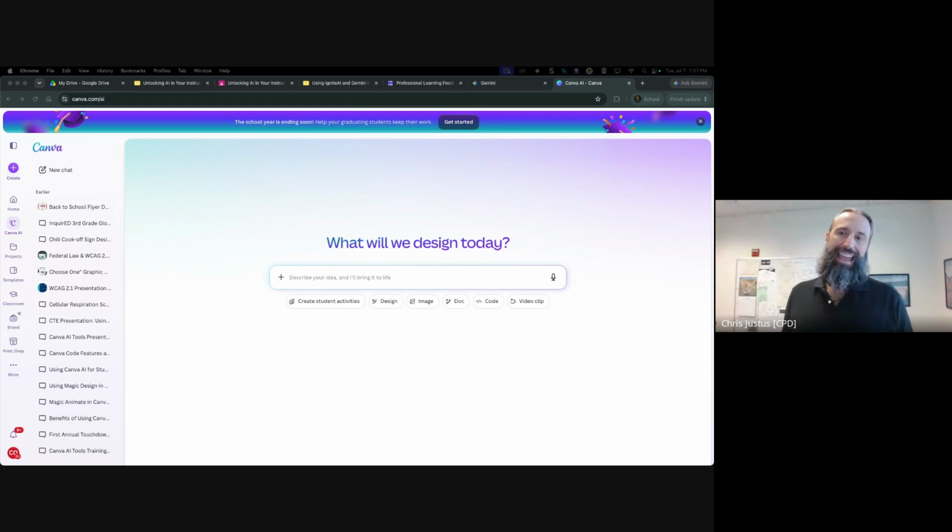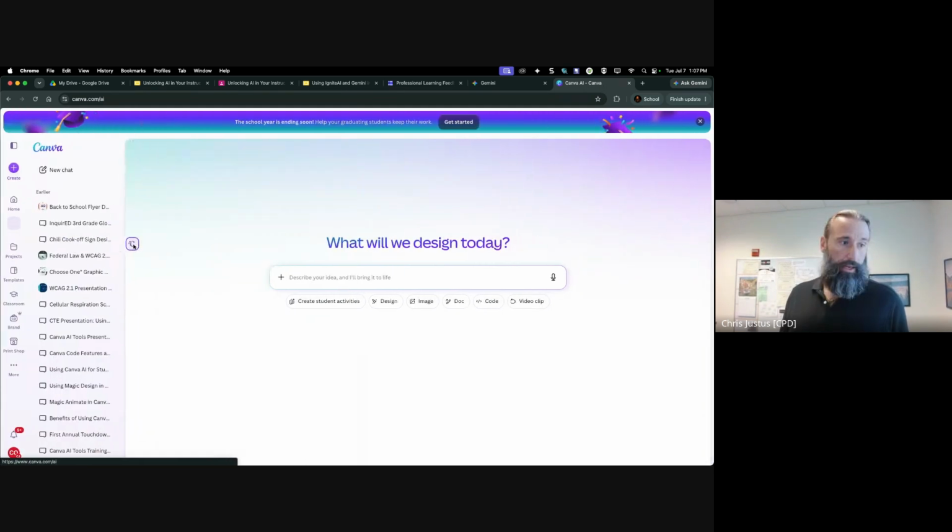So you're in the AI area of Canva. If you're not familiar with Canva, it's a really awesome tool. It integrates really well with both Canvas LMS and with Google Classroom. Your sidebar here on the left-hand side might look a little different than mine. I believe you can move these around. So I put Canva AI near the top. If you're looking at my Meet screen right now, you can move these around. So let's open up